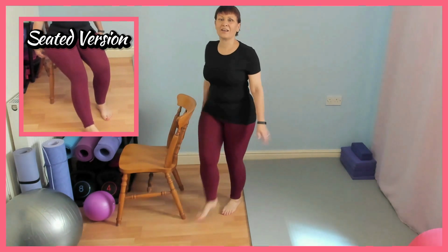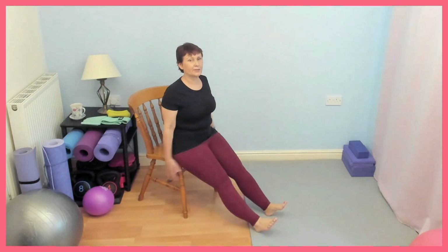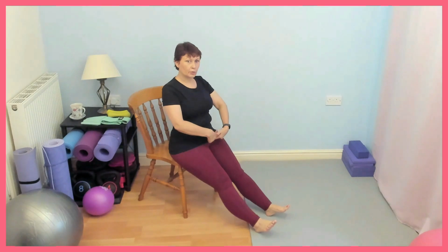And release. Give that a little bit of a shake out. Sitting comfortably on your chair, legs both straight out in front, holding onto your chair for support. Keeping the body upright. We're going to do some work aiming on the core, so I want you to think about